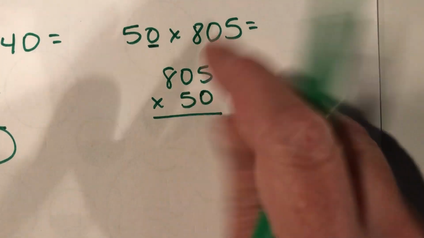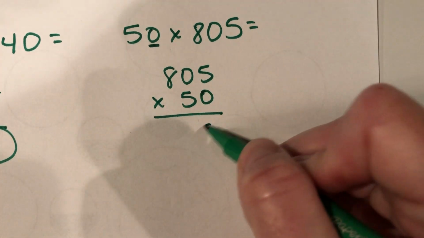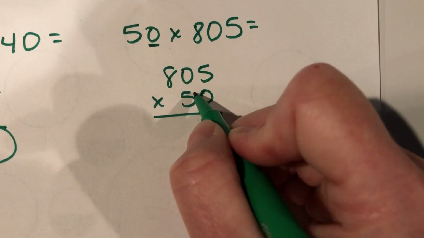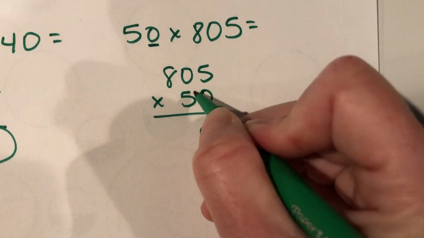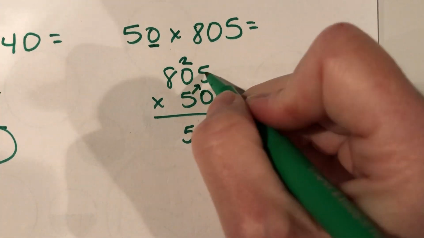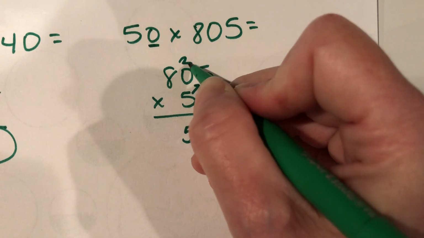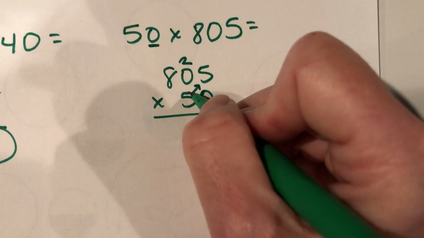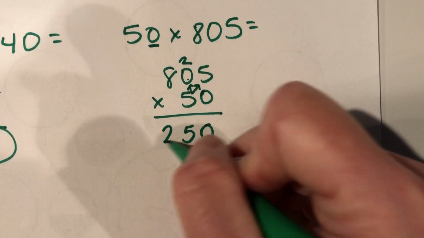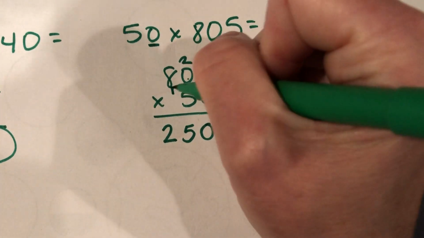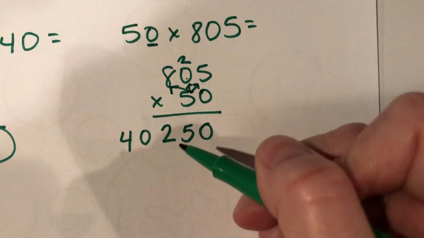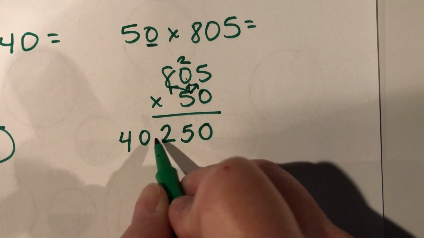So I'm going to do 805 times 5, and I know that I'm going to have that 0 because I'll multiply by 10 at the end. So now I need to go ahead and go from the right to the left. 5 times 5 is 25. Notice I just multiply it by that, so I carry it right over to the next place. Now, 5 times 0, that's 0, and 0 plus 2 is 2. Nothing to carry. And 5 times 8 is 40, and because there aren't any other digits left, I can go ahead and just write down the 40, put in my comma, and I see the answer is